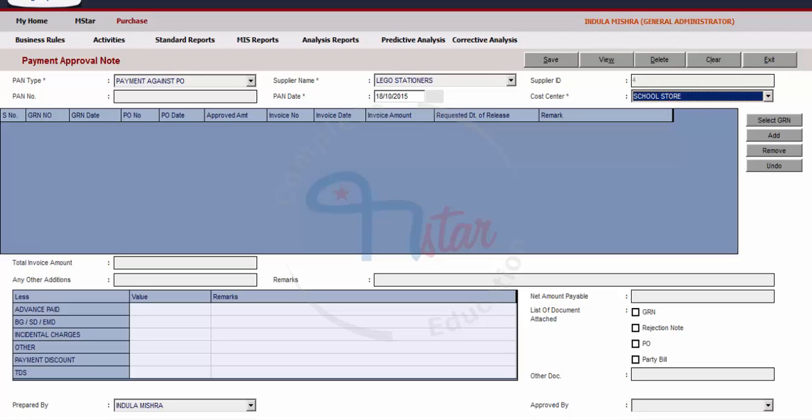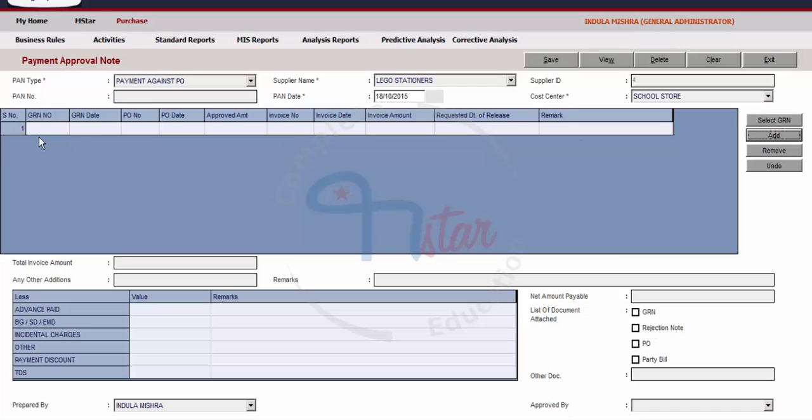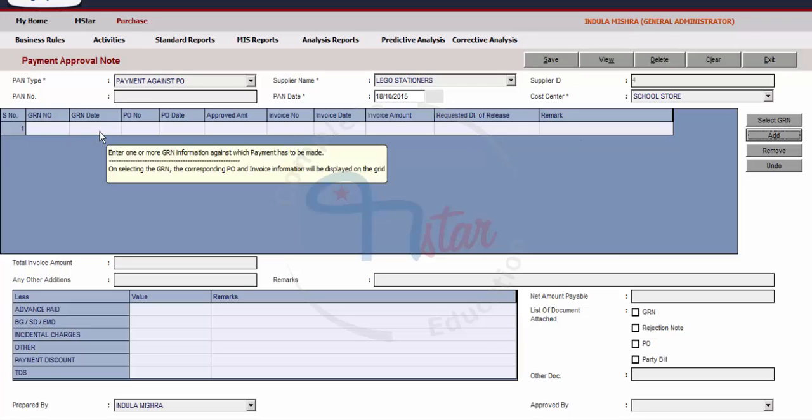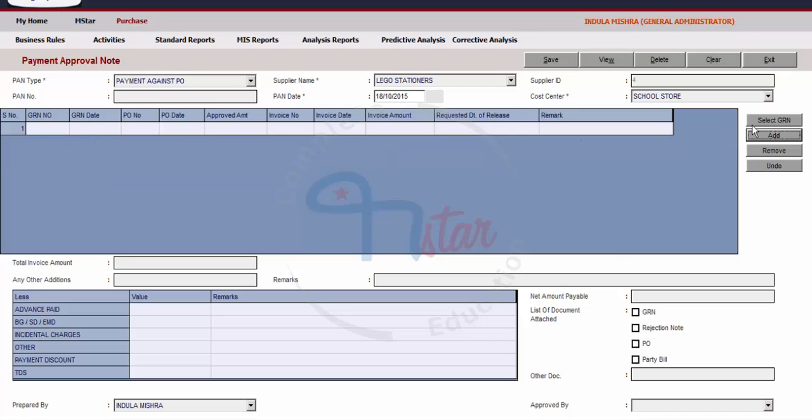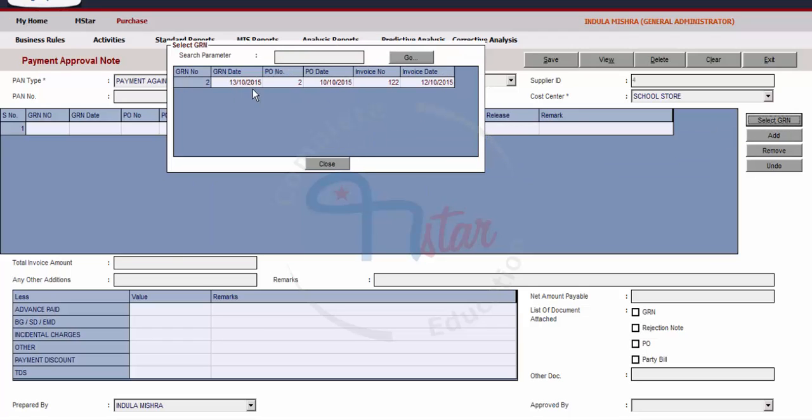After this, click on the Add button and a row gets added in the grid below. Then click on the button Select GRN and the list of all the GRNs which have been prepared for the selected supplier will appear in the window. It is showing us the GRN date, PO number, PO date, invoice number and the invoice date from the GRN.